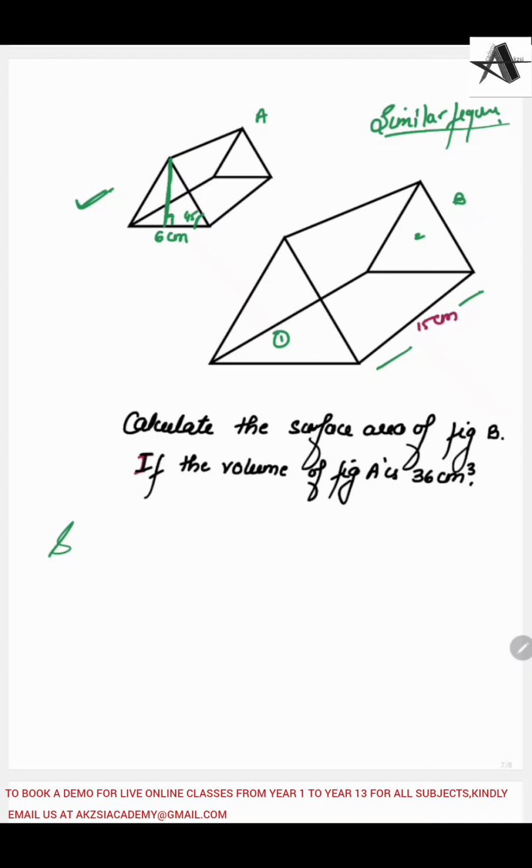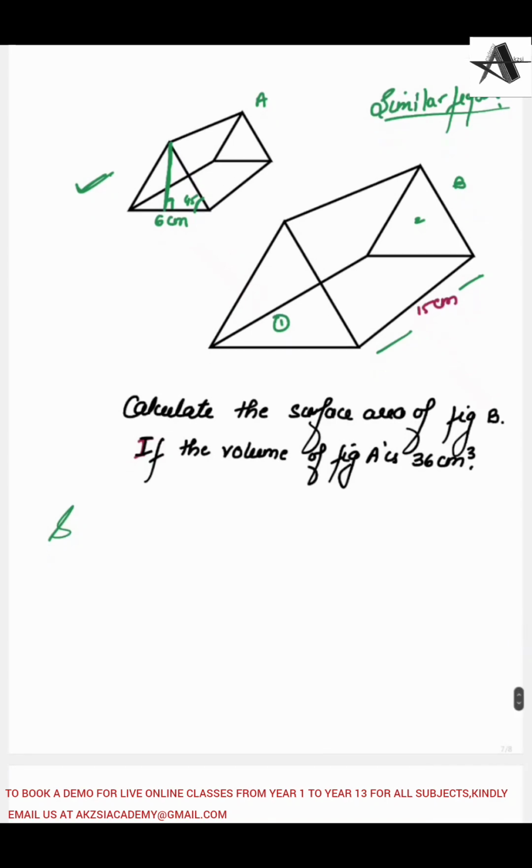It's written up there in the question. It has been cut out. It says that the two figures are similar figures, and it's an isosceles triangular prism. If it's an isosceles triangular prism, that means if this is 6 centimeters, the perpendicular will divide it into 3 centimeters